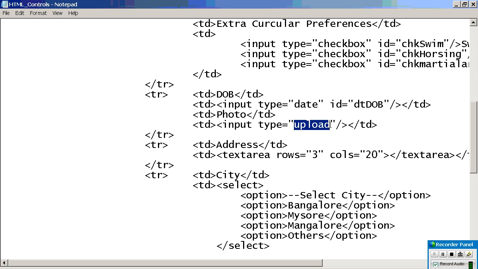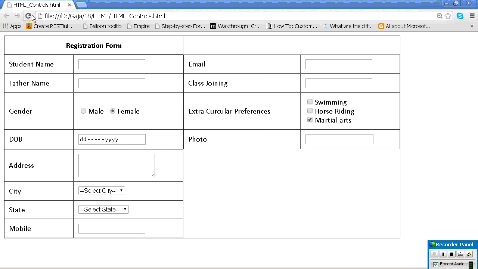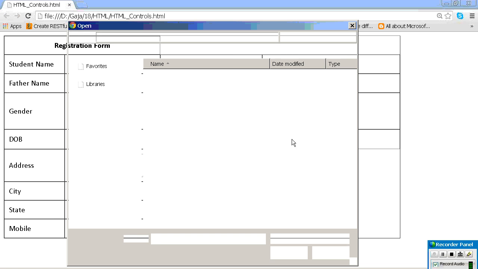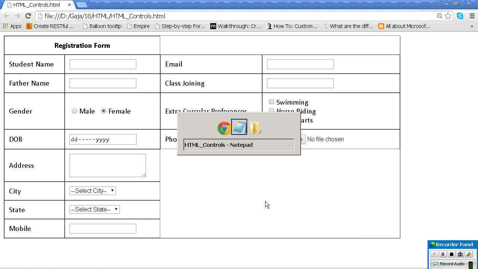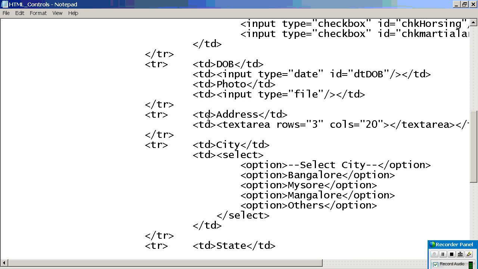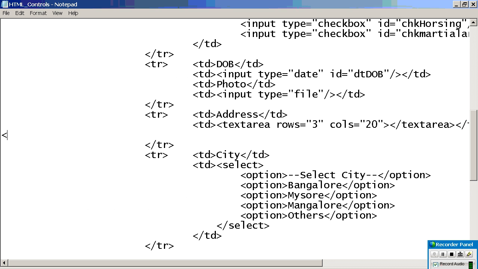Sorry, not upload, file. Okay, right. So now this is enough, but I want to fill it in a proper way, right? The table is not looking good because there is no similarity in the column side.